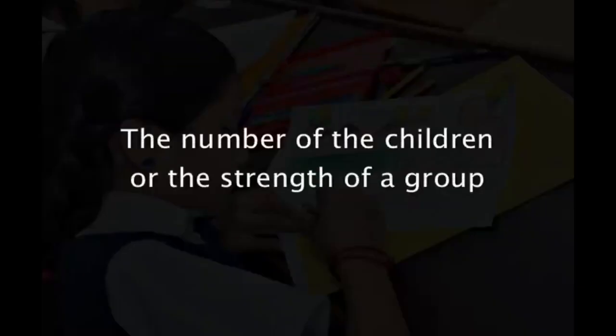When we are planning a program for the early childhood education, we have to look to some of the factors related to the child, like the number of the children or the strength of a group. The curriculum planning is mainly influenced by the number of children in the early childhood education center. The group should not be too large. Space arrangements, the age structure of the child, the staff will be the other factors which determine the curriculum planning